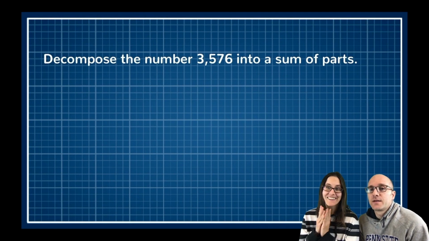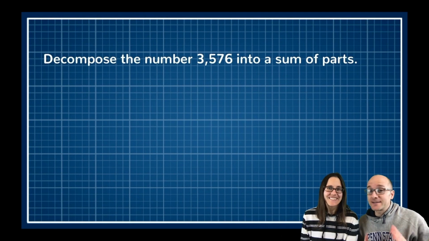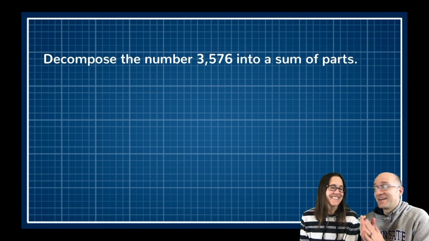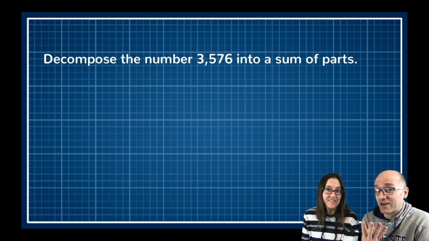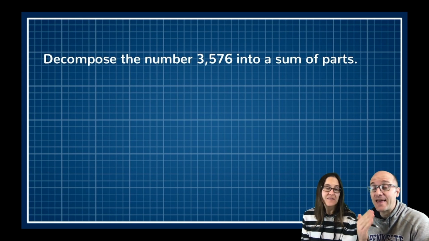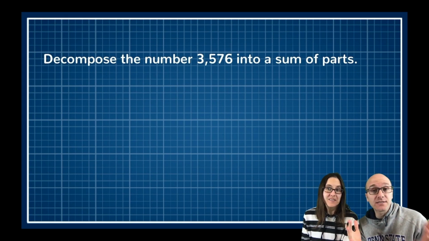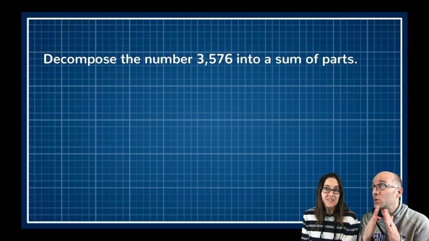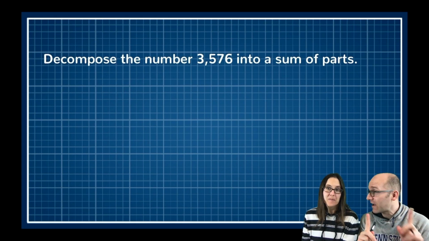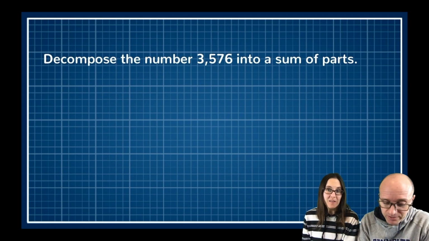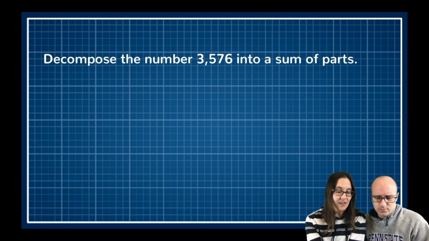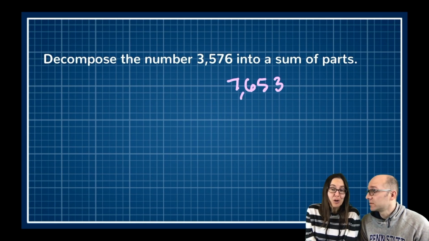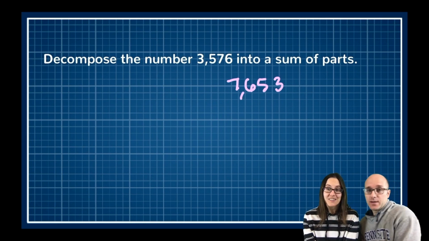Ooh, decomposing. All right, decomposing, and we're not talking about vegetables, Science Mom. So we have this number, 3,576. There are 4 digits there, the 3, the 5, the 7, and the 6, and each of them carries a distinct meaning because of its place. They don't all have the same value because of where they are placed. So if we rearranged these numbers and instead we had 7, 6, 5, 3, that's a completely different number. It is a completely different number.